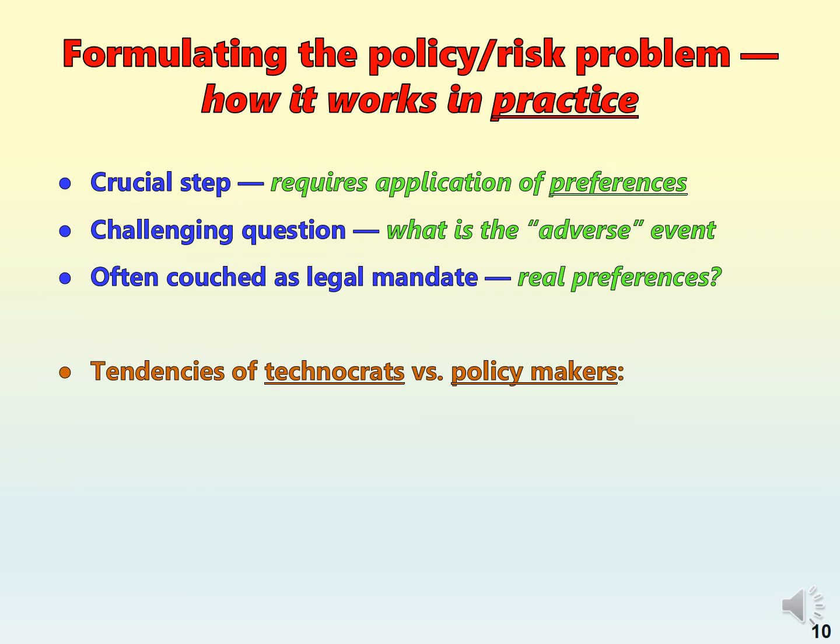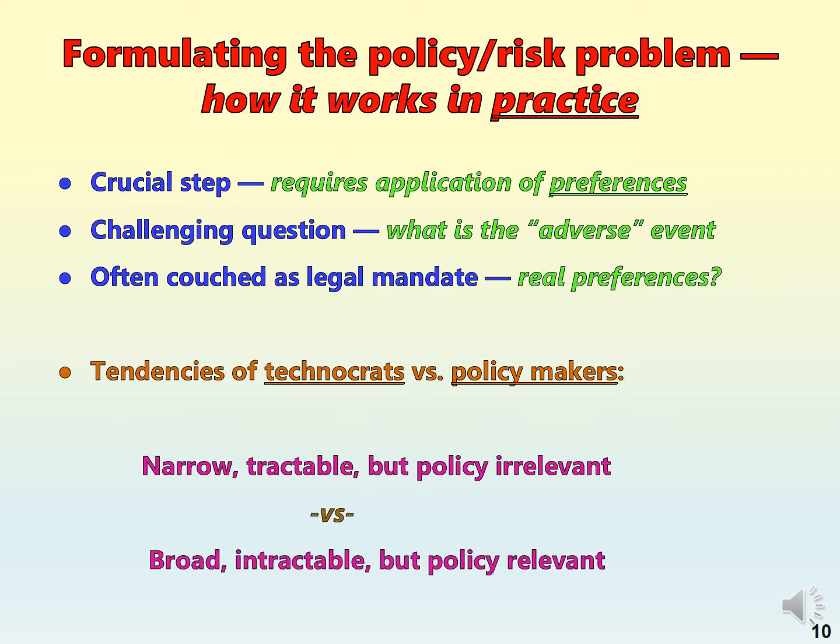Now, there's a tendency of technocrats versus policymakers. Technocrats tend to want to narrow a problem. Policymakers want to keep the problem broad, the way it really is. And of course, there's a problem with that. The basic problem is narrow, tractable, but politically irrelevant problems are what technocrats, scientists, tend to like to work on. They're narrow and tractable. What that means is they're problems that they can come up with some data that stands up to scrutiny. But policymakers say that's not the real world. The real world is, I have these broad, intractable, but policy-relevant problems, like the salmon one, and unless you can give me some information applying to this broad problem, this little narrow focused science here is not going to do me a lot of good.